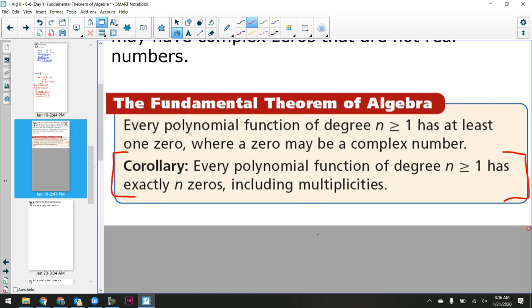Every polynomial function of degree n greater than or equal to 1 has exactly n zeros. It's fundamental. That's a cool theorem, but fundamental? I don't know. It just basically says that every polynomial, no matter what, as long as it has a degree greater than or equal to 1,